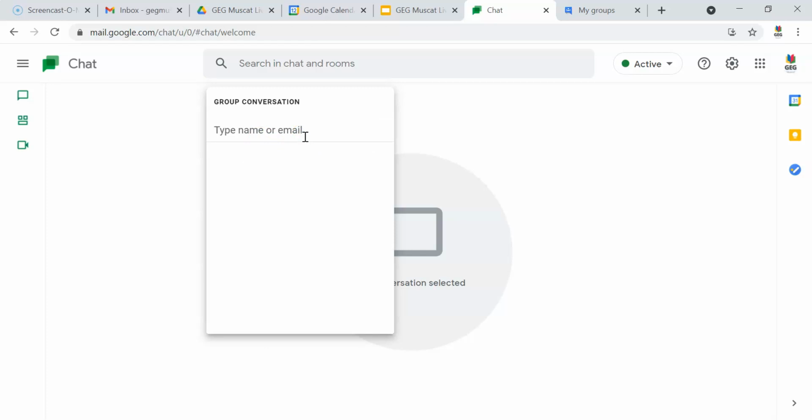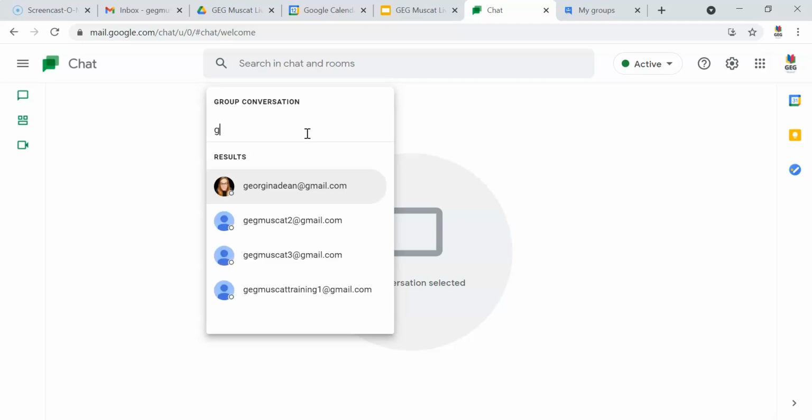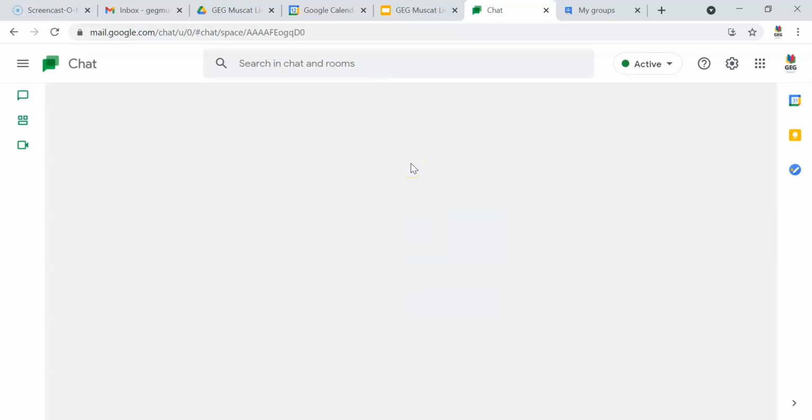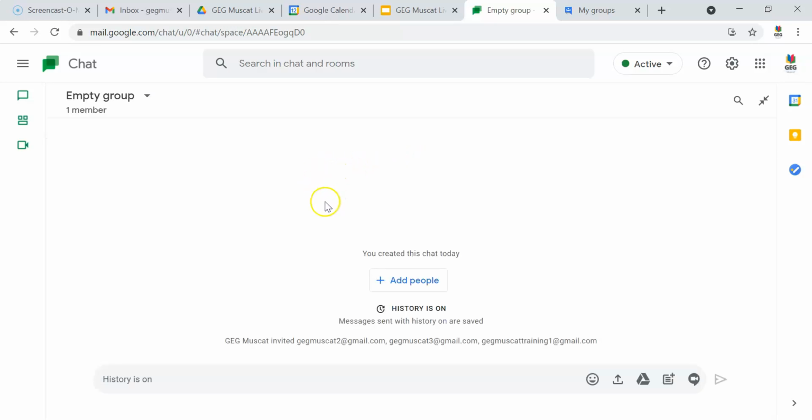And here we can enter the names or email addresses of the individuals you'd like to comprise the group. So let me add a few addresses. Oh, there's our Get Muscat 3, and Get Muscat training. Okay, give that a click. Towards the bottom, it says history is on, and this is where you can compose your message and then hit send. So my message is, let's chat about the